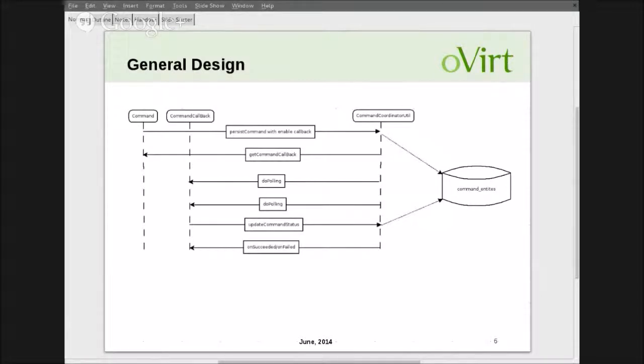Here is a sequence of flows that happens when a command persists itself with a command coordinator. The command is calling persist command with enabled callback. The command coordinator first persists the command into the command entities table in the database. And since a callback is enabled, the command